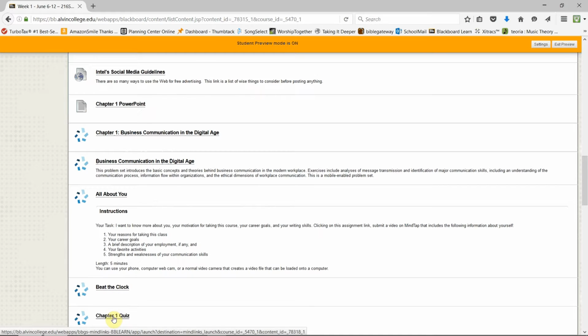The chapter 1 quiz, you can do this as many times as you need to get the 100. The same thing with this assignment here. You get 3 opportunities for each section to get the highest grade possible. So make sure, don't settle for a bad grade. Do it until you get a good grade. The whole purpose of this class is to learn. It's not just to get a grade. I'm not about just giving grades.